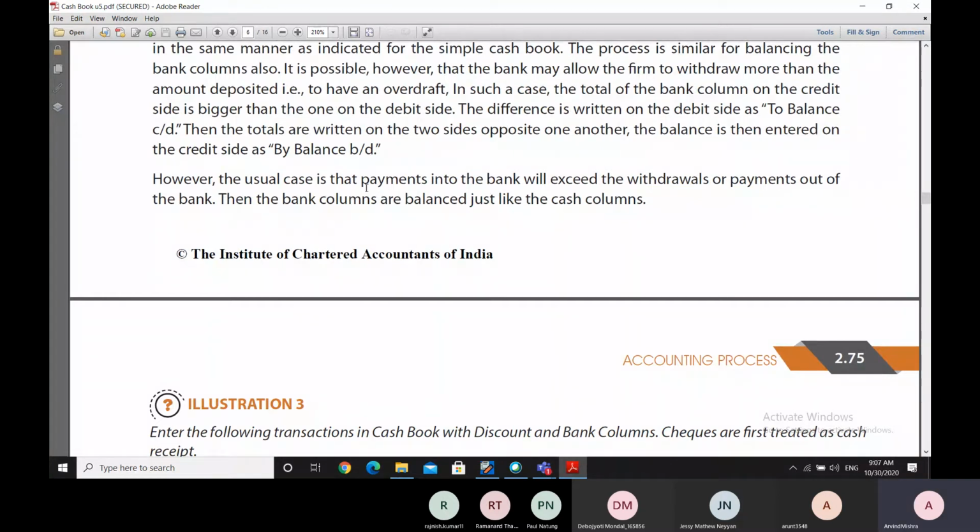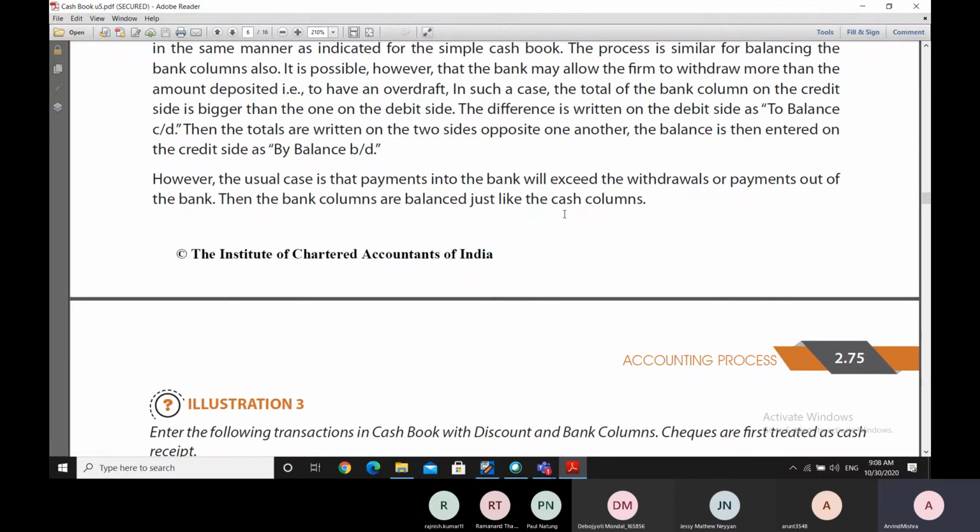However, that is not the usual case. The usual case is that the payments which are made into the bank will exceed the withdrawals. Payments into the bank would be more in number or in value than the withdrawals, or the payments out of the bank. And in that case, the bank columns are balanced just like the cash columns,